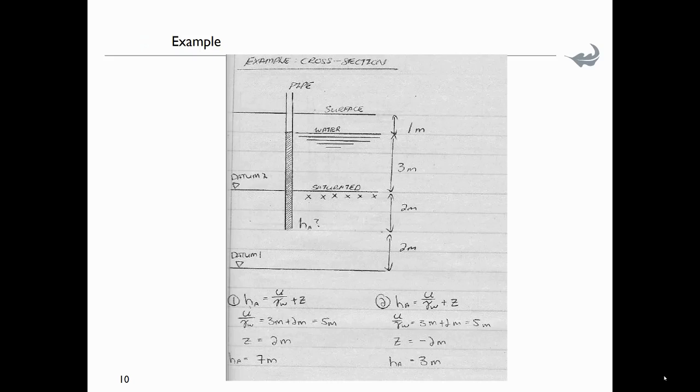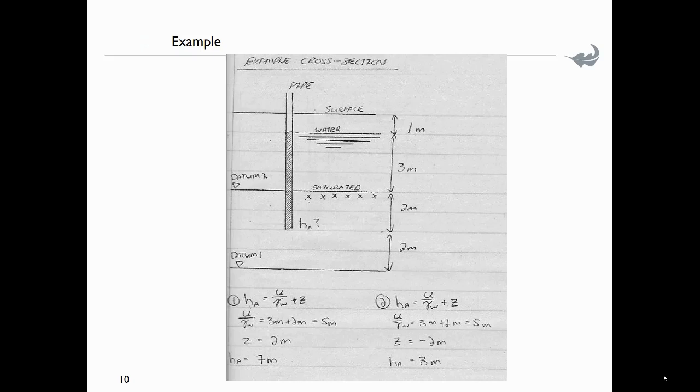Now, let's rephrase that again, sorry. There's the surface, and the water table is 1 meter below surface, and the fully saturated area is 3 meters deeper. So based on datum 1, let's choose datum 1 at 2 meters below the depth of the